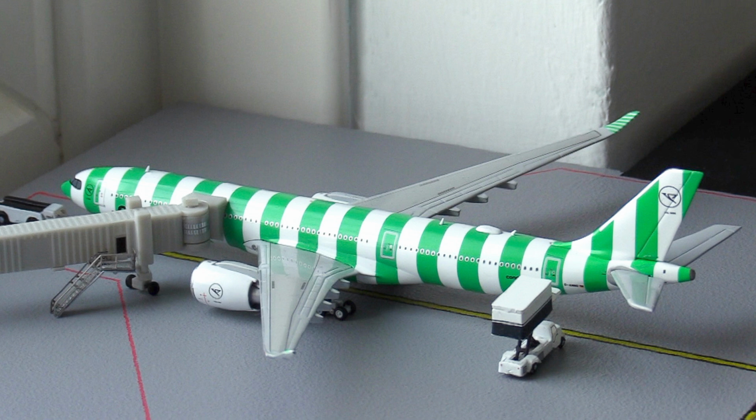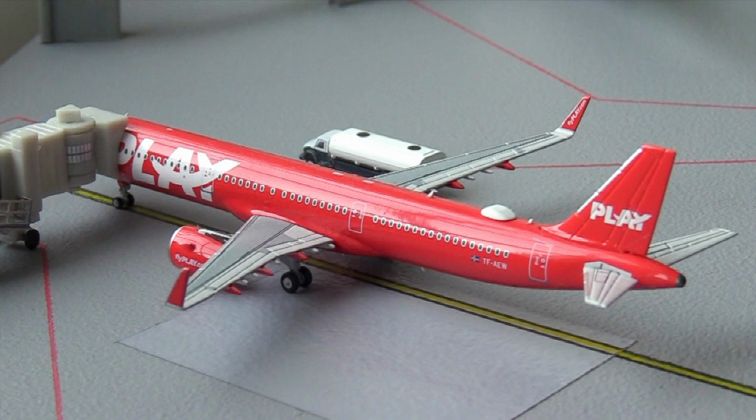A330-900. Of course, this aircraft is going to be heading out to Frankfurt in Germany. And then next up here, this is the second wide-body gate. Of course, it's got a Play A321 in at the moment, so this isn't a wide-body aircraft, but the gate can handle a wide-body aircraft up to the size of a 333. But here we have this Play Airbus A321neo, and this aircraft is going to be heading out to Keflavik in